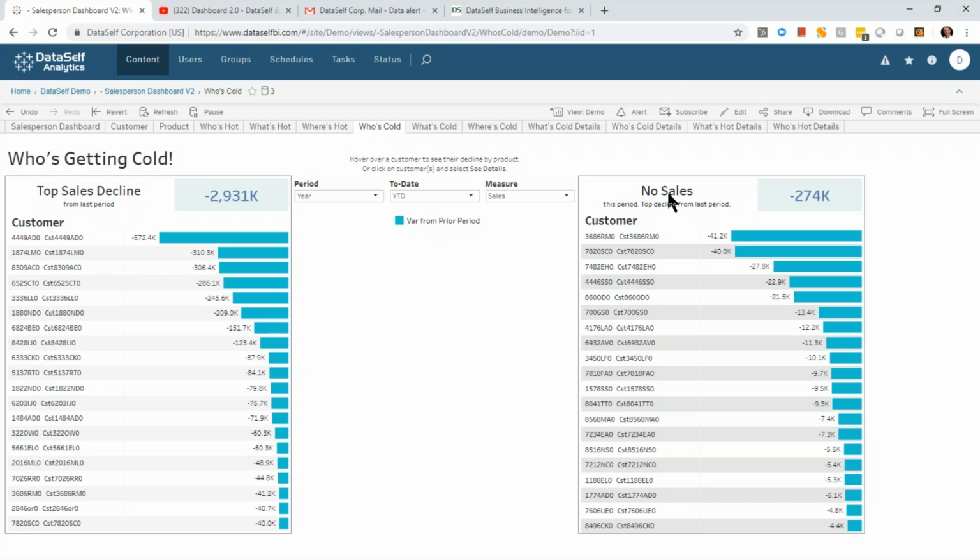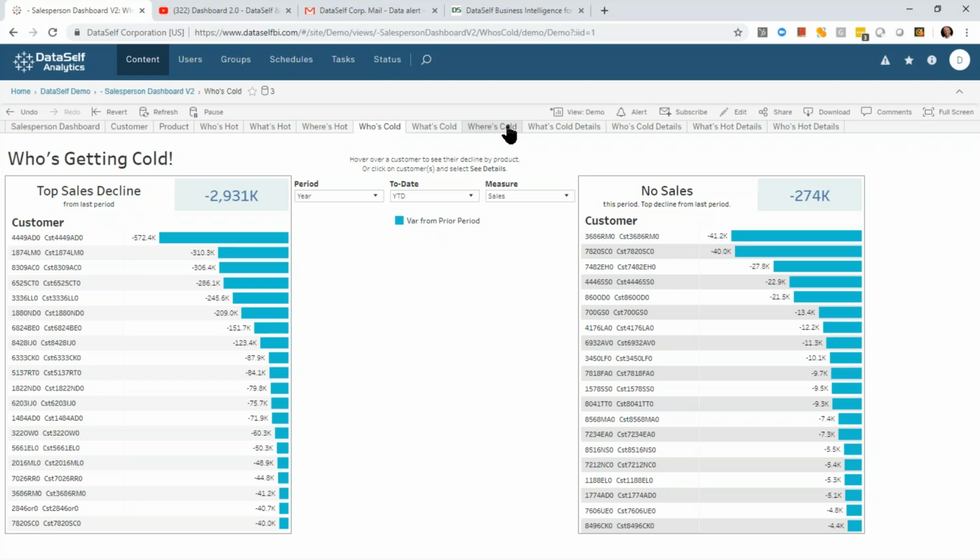I have found in my experience that salespeople call and email the clients and prospects, and with the people who call back and email back, business usually happens, transactions back and forth. Now, what's going on with the people that are not calling back? They're not emailing back. How long is it going to take the salesperson to realize that there is a problem with this prospect and they need to do more detailed work? Maybe they have to visit, maybe they have to call five times per day, whatever it takes to see if there's something wrong and whether we can do anything about it. And that's the idea of the who's cold, what's cold, and where is cold.